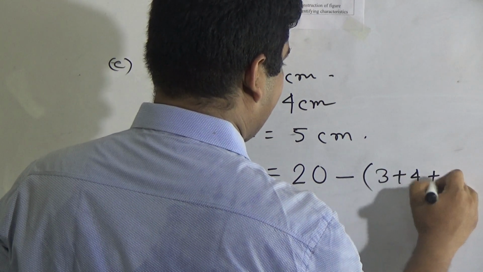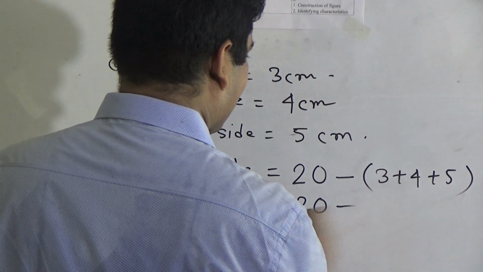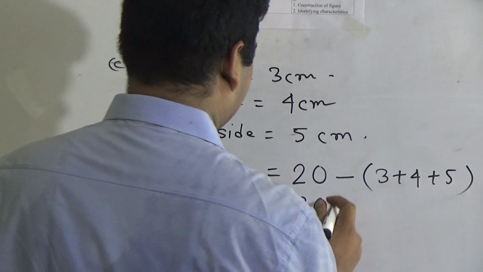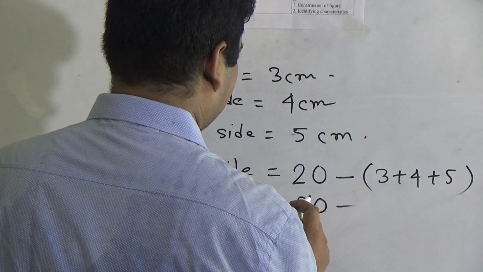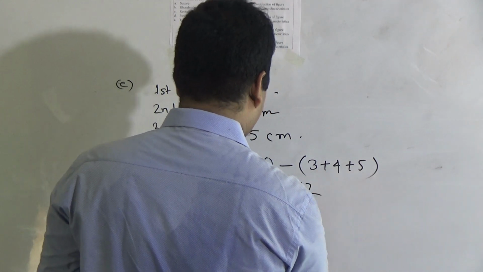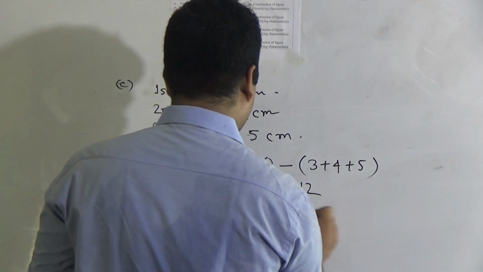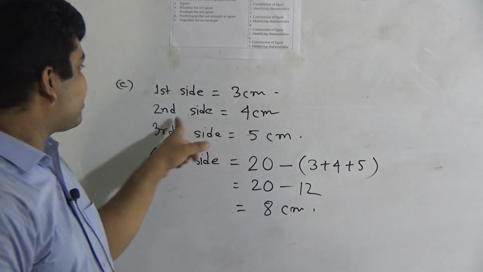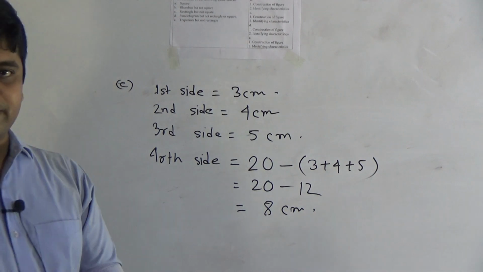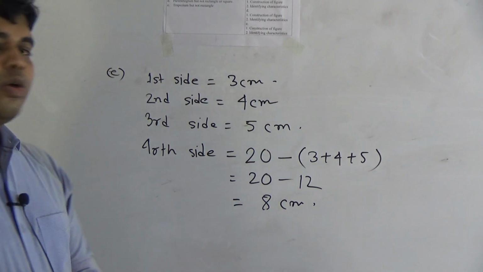Three plus 4 plus 5, that means 3, 4, 7, 7, 5, 12. If we subtract, then we get 8 centimeter. That means first side 3 centimeter, second side 4 centimeter, third side 5 centimeter, and fourth side is 8 centimeter. So my dear student, by using 3 centimeter, 4 centimeter, 5 centimeter, 8 centimeter, you have to draw